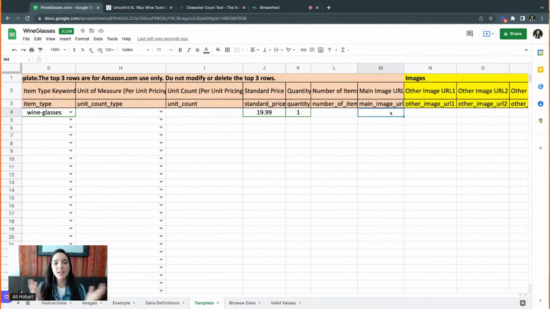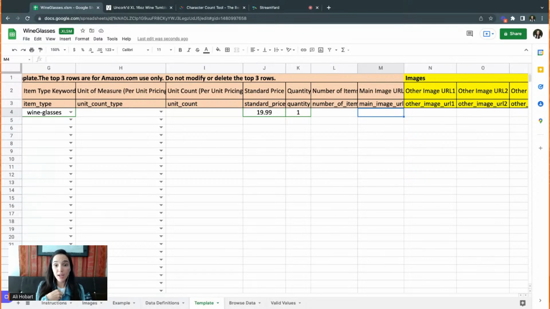Next, image, main image URL. And this is to answer I believe Jeff's question. To be completely honest, I have never used this specific column because, well, not never. I tried using it once and it didn't go through. And maybe that's what he's been experiencing as well.